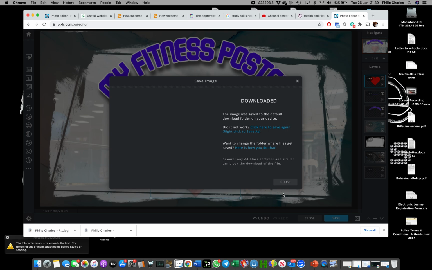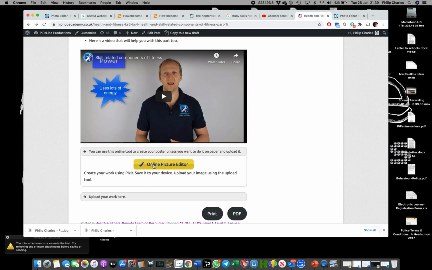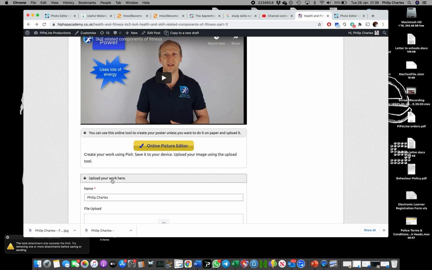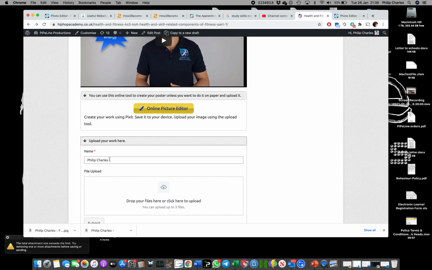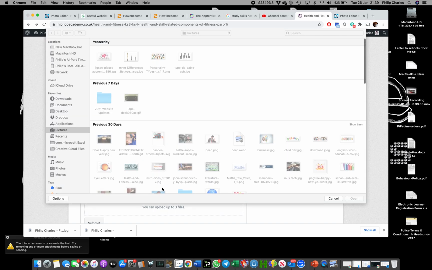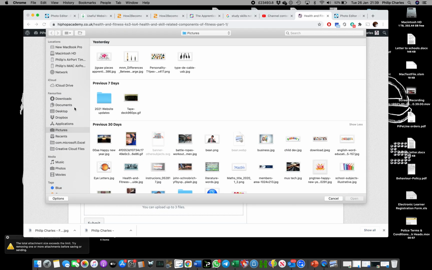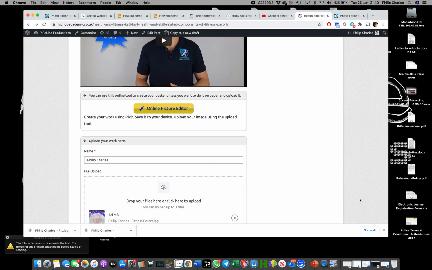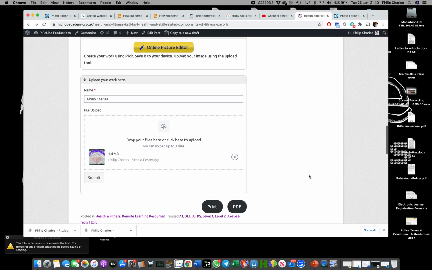So that's downloaded, and I can go back to my health and fitness page, and underneath the picture editor is this upload your work here. So I'm just going to click on that. My name's already typed in there. I'm going to click on here, and I'm going to go to my downloads where that has just downloaded, and you can see the image is there. That's the image here. I'm just going to press open, and that's going to be added, ready to be sent